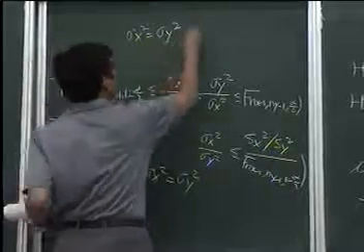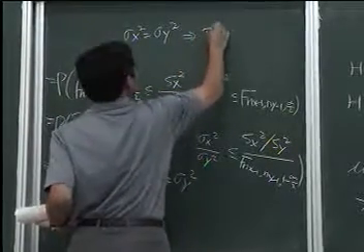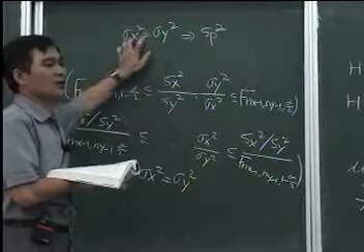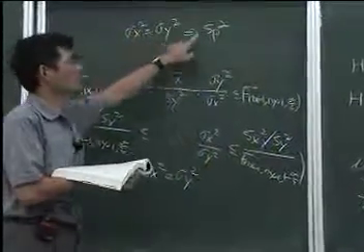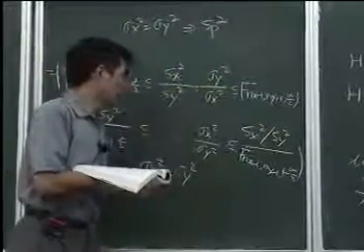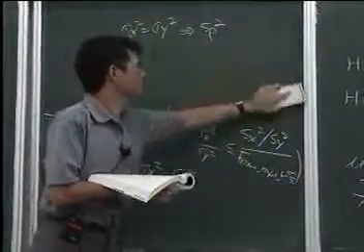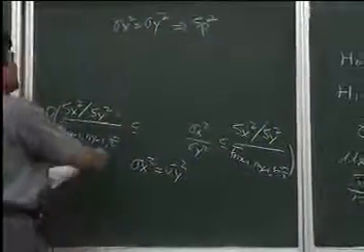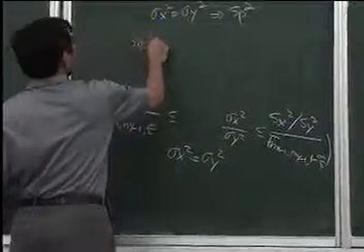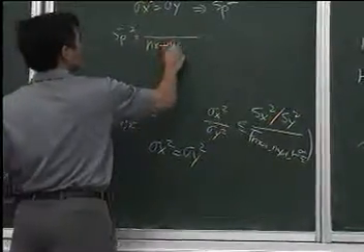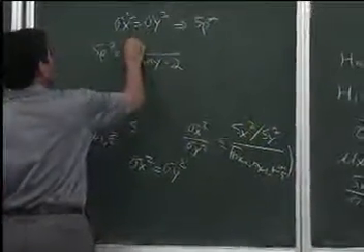Then we should use SP squared. Remember, if we know these two things are equal to each other, then we should use SP squared. And what is SP squared? SP squared is equal to nx plus ny minus 2, nx minus 1